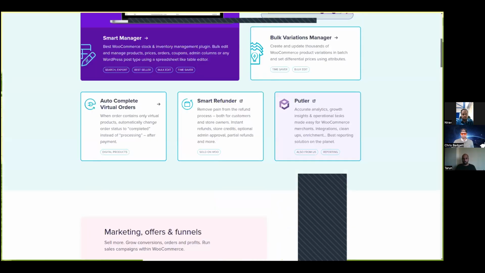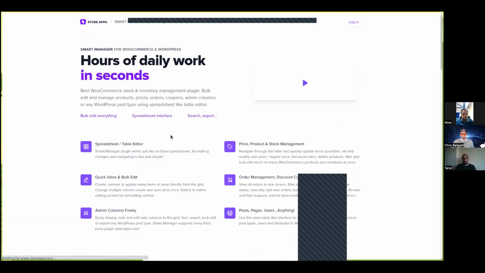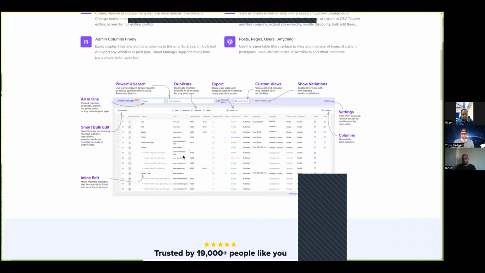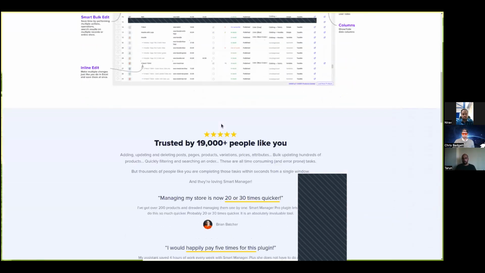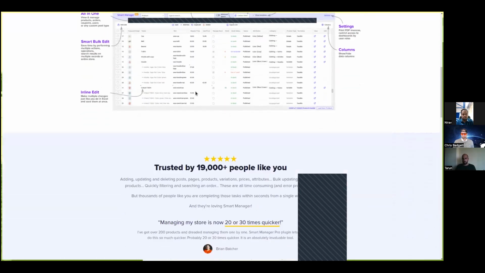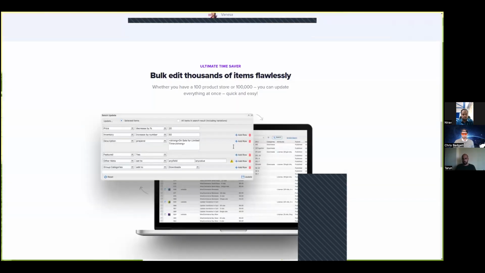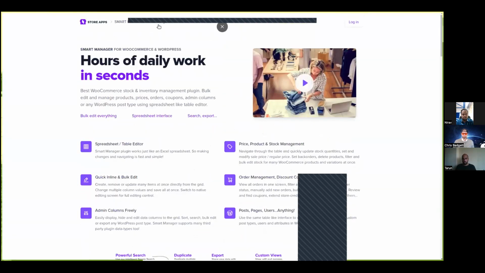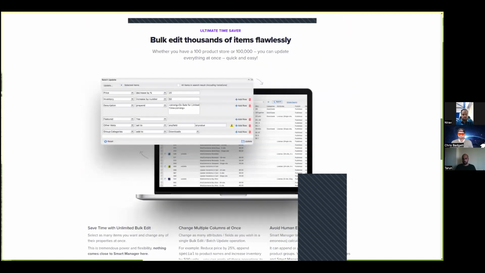Once we go to Smart Manager, this is the page where we have created an annotated image showing what each functionality does. I have already explained this. We have recently made some UI changes, so the screenshot was not updated. And for purchasing it, you can simply go to Smart Manager and then the pricing, right? And if you're coming from LifterLMS, you will already, okay, this is not working.